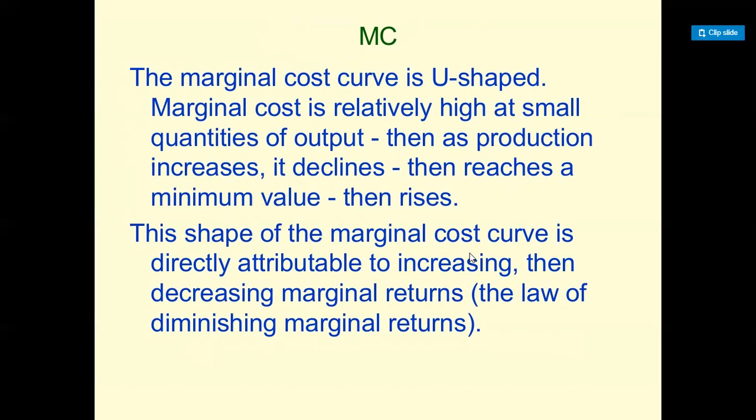What happens if the TC of producing 2 units is 200 rupees and the TC of producing 3 units is 240, then what is the MC? So MC is equal to 240 minus 200, equals 40. So MC is 40. So it is not affected by the fixed cost. We can say that.